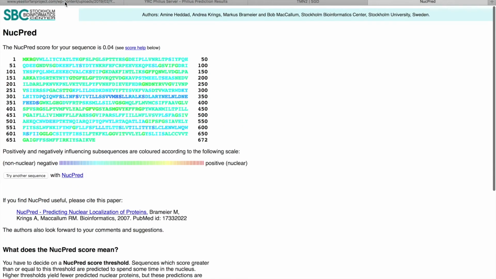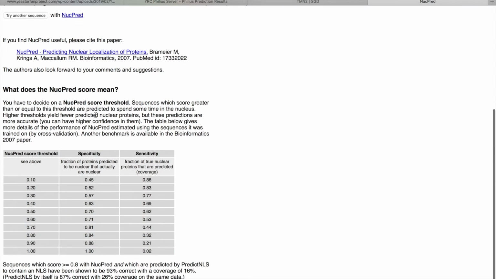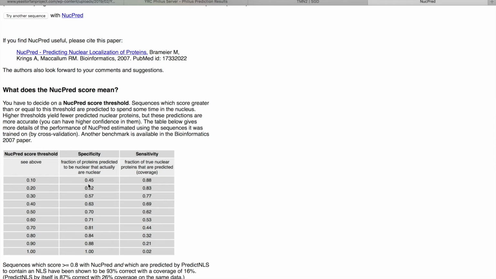So, that down there explains the NucPred score, and mine is 0.04, which is showing that it's not nuclear. And if you look at the sequence, most of mine is in the blue-green, so non-nuclear. So this is saying if it's 0.10, the fraction of proteins predicted to be nuclear that are actually nuclear would be 45%, and then the fraction of the nuclear proteins that are predicted, or the coverage, is 88%, and that changes with the different NucPred score. So mine is